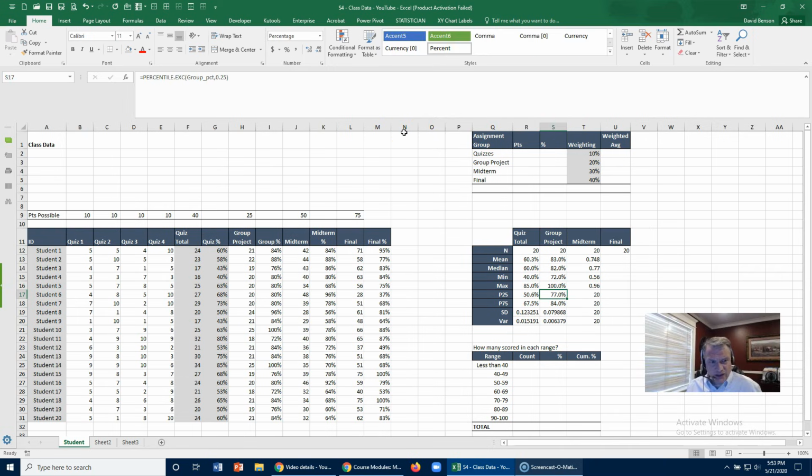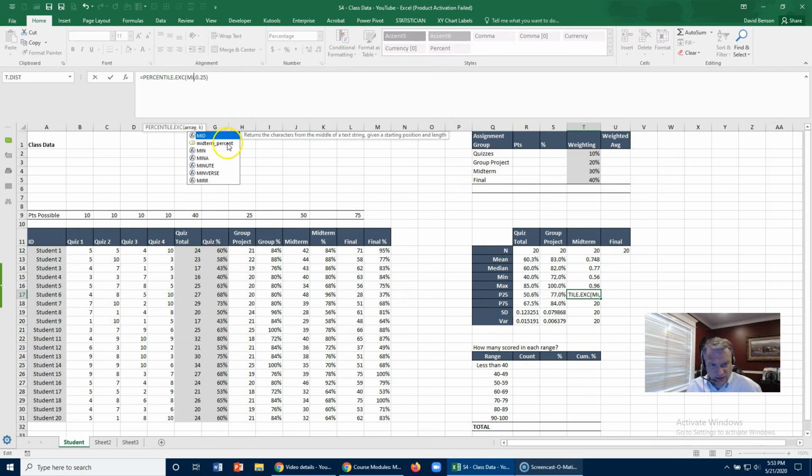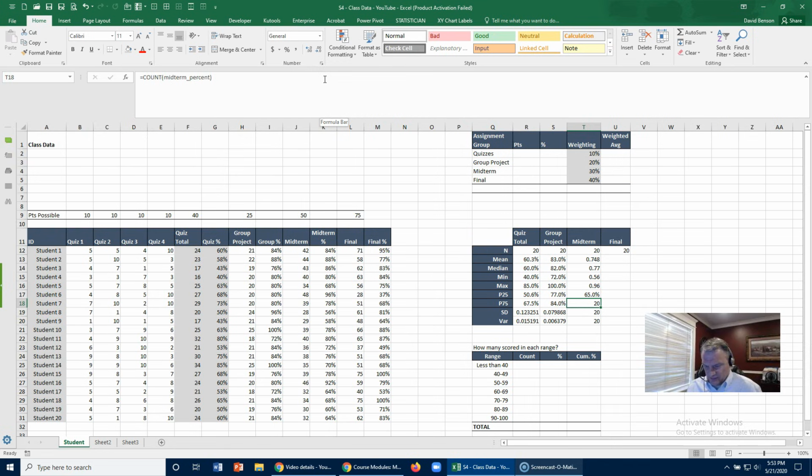Okay, so this one, since it's two numbers, I'm going to go in here and do midterm percent. So I'm going to select that, and it's the 25th percentile, and it's moved over there. Okay, I'll change this to the 75th percentile. Okay, this is the standard deviation of, okay, so we'll do,